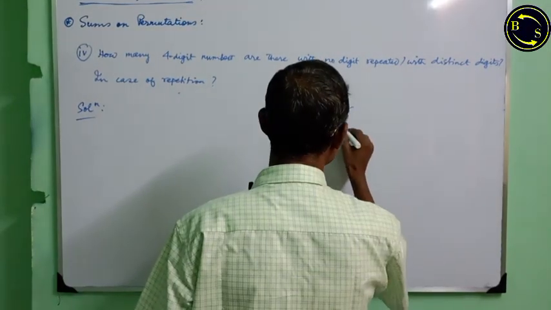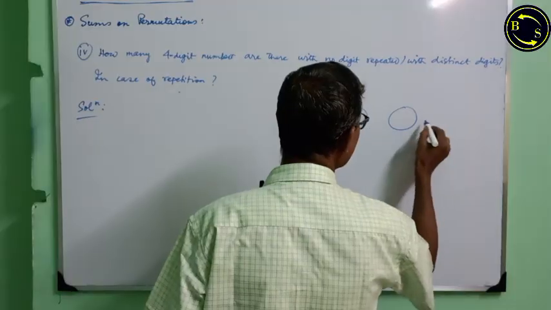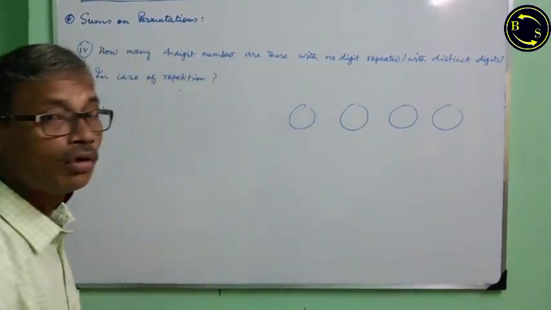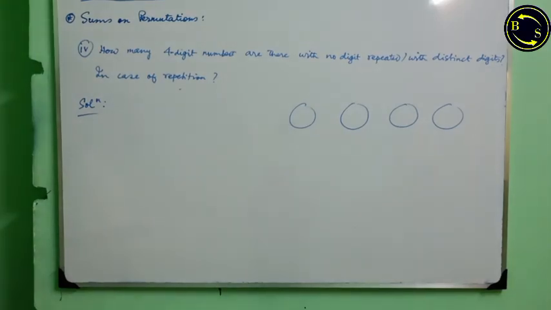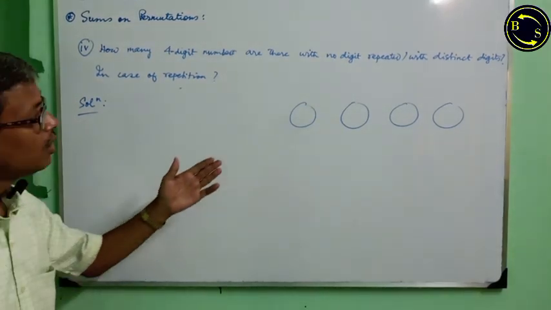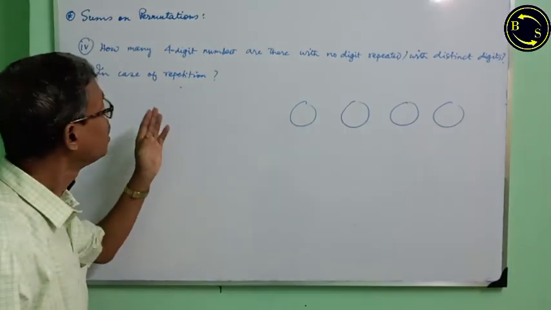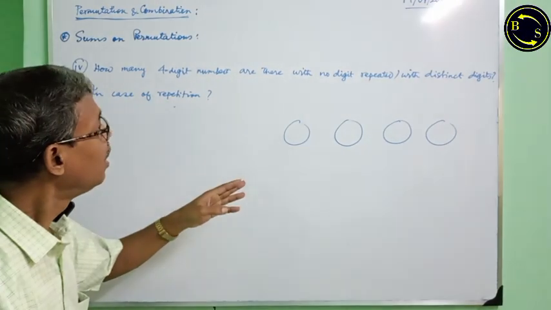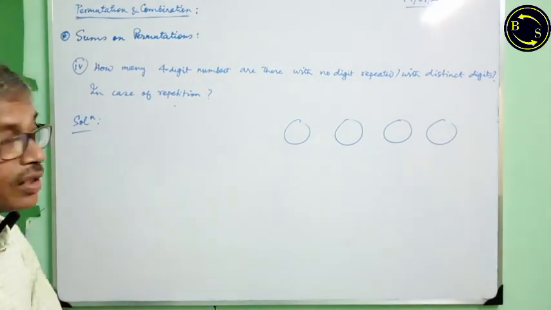I draw the diagram on the right side like this to have a clear idea. 4-digit numbers are to be formed. Now, number of digits